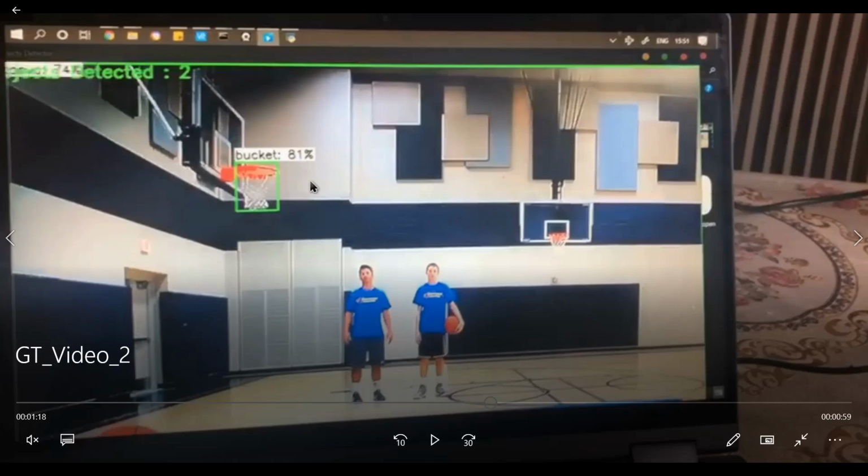Also, since the Raspberry Pi could not run all the programs at once, I would call a program that would make the object detector run and store the coordinates of the hoop. If it's above a probability of 70%, it writes those coordinates to an Excel file. Then the next program, which is opened after the object detector closes, would just use those coordinates to do shot detection or anything else that needs to be done. So that's it for the